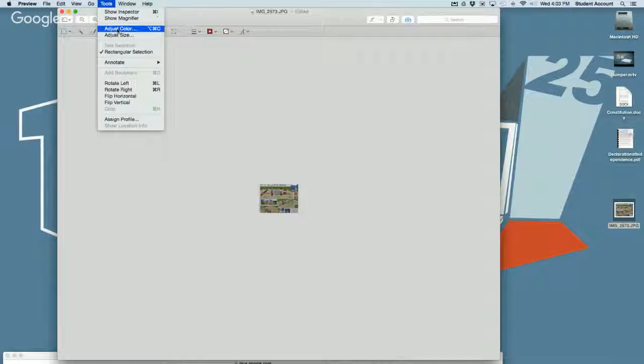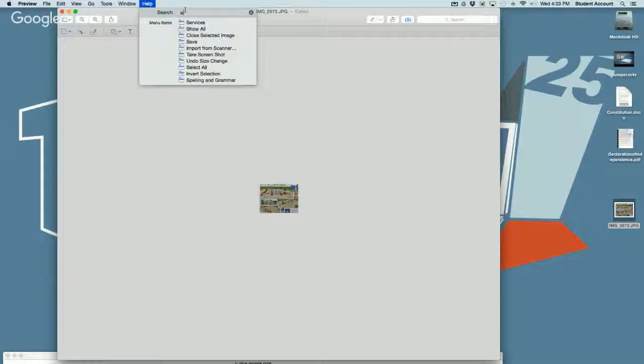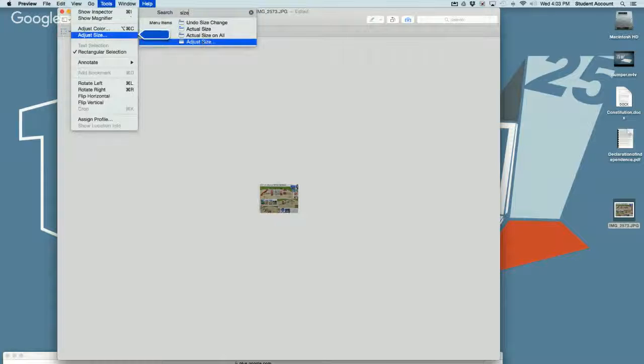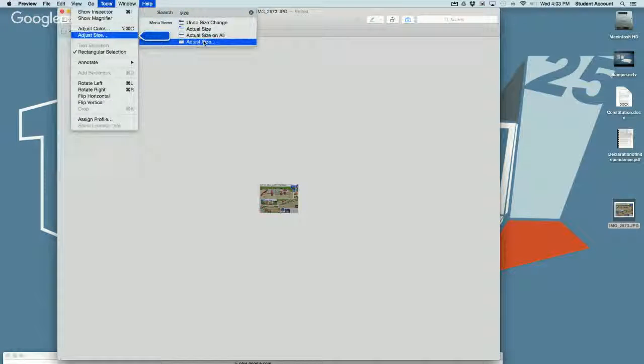And just another little resource I'd like to point out too, since we're here, is this Help menu. It is a pretty nice resource if you're ever looking for how to resize. Here we see that there's an Adjust Size option that shows up from this Help menu. And the nice thing is in the newer operating systems, it actually pulls down the menu and shows you where in your set of menus that option is.